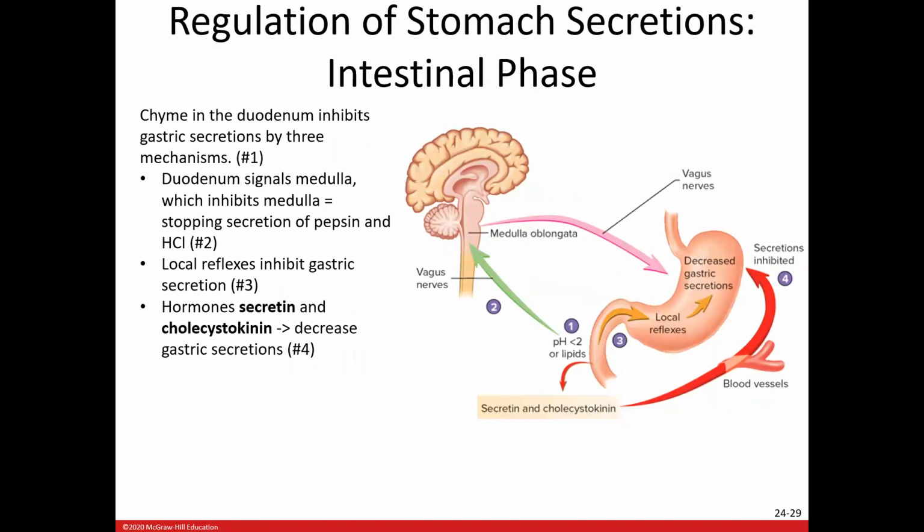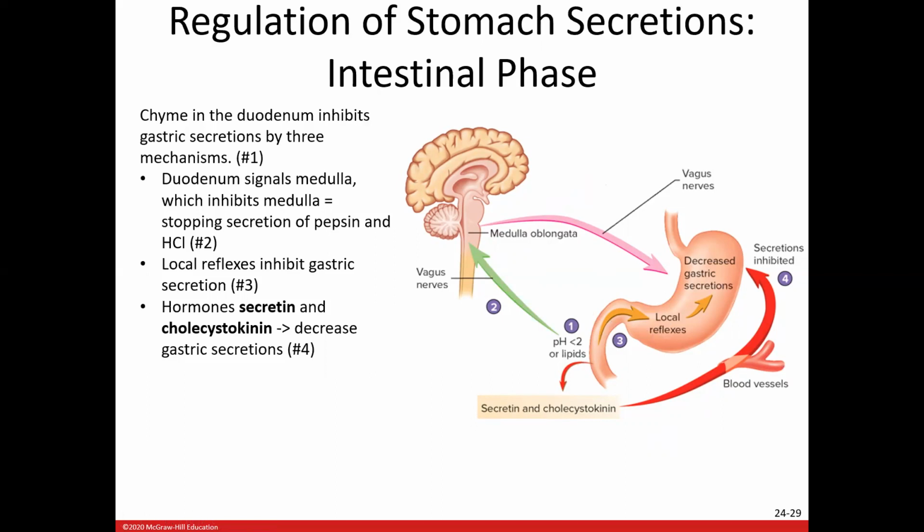Lastly, we have your intestinal phase. So this is sort of the pump the brakes. We are all done with digesting and dealing with contents of the stomach, so we don't need to have these secretions and have all these pathways going. So the way this is triggered is that chyme is the pasty, partially broken down food mass. When that moves from the stomach into your small intestine, specifically the duodenum, that's the first section of your small intestine,